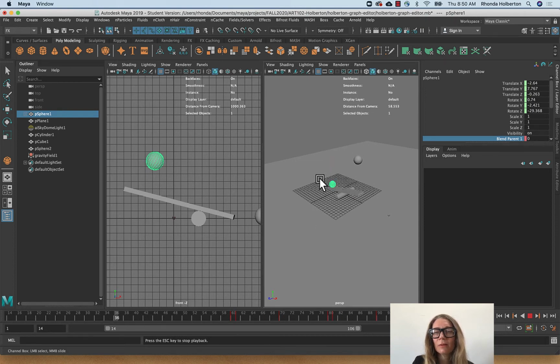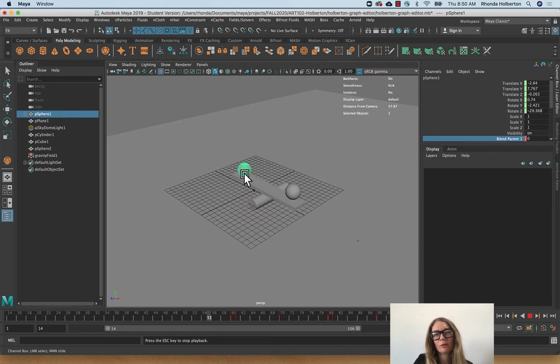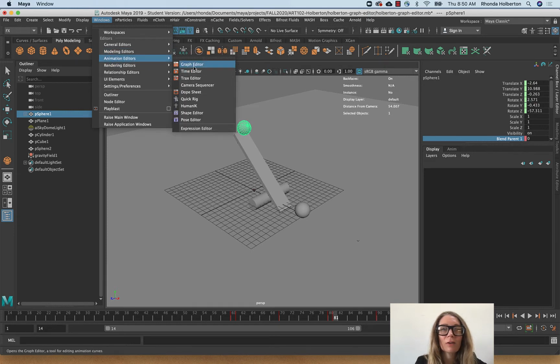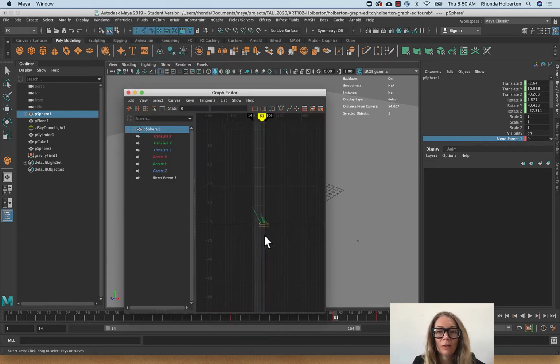And that might have been a little early to release. So what I'm going to do is use the graph editor to change that, to soften the relationship between the release, the parenting, and I'm also going to use the graph editor to change the bounce and the height. So let's go in and take a look at that now. With my sphere selected, I'm going to go into my windows and my animation editor and my graph editor. And you can see,